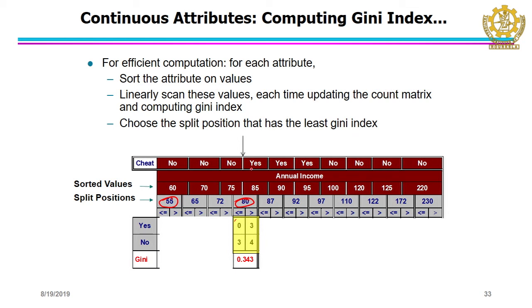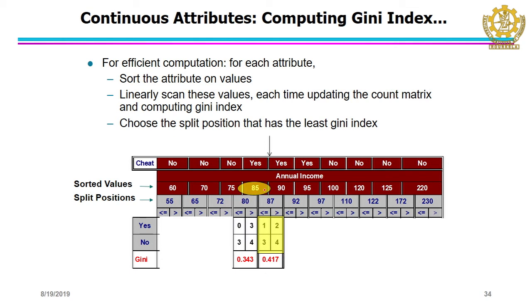So, out of these 7 objects, how many are the yes class? 1, 2, 3. So, then the yes class is 3 and the rest is 4. Now, you have this partition here, and then you combine the Gini value. That is what we learn, how to combine the Gini value. So, we compute it here.